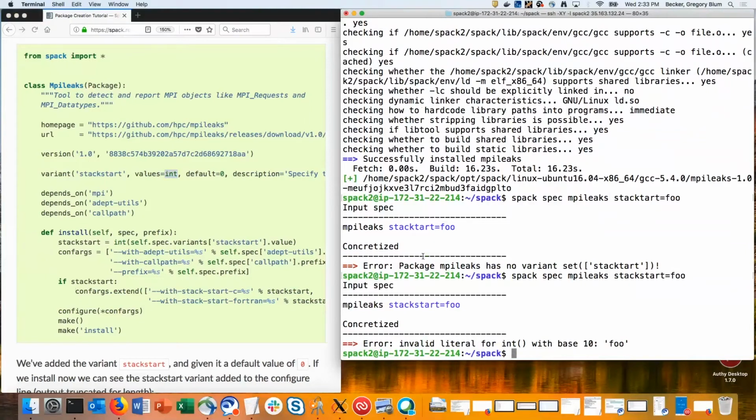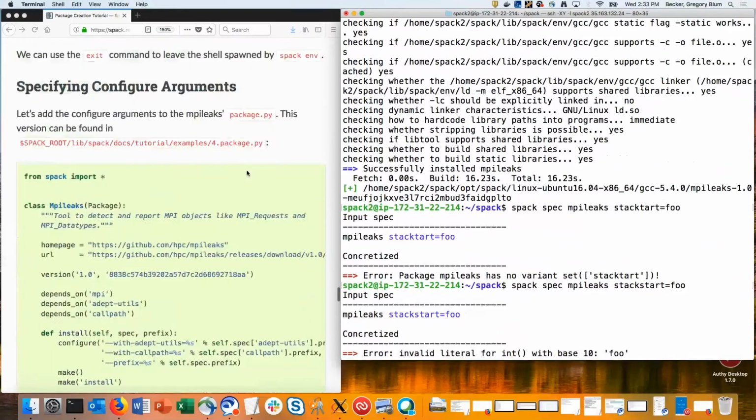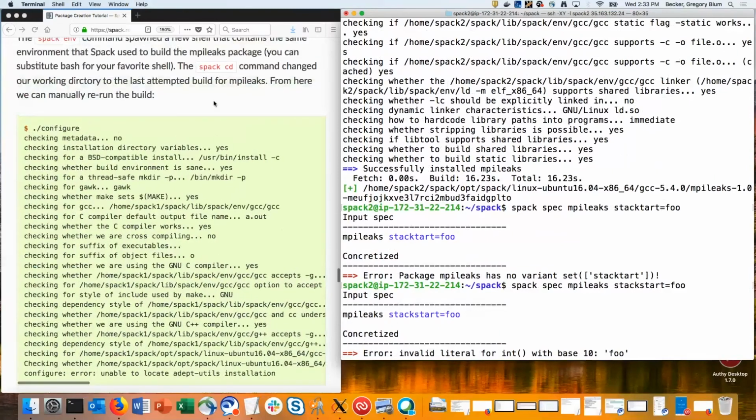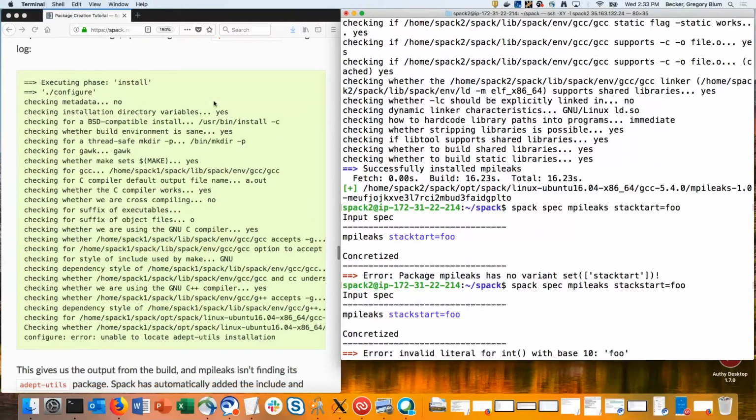But then if it actually errors during the install method, we'll get an error like this. Right, we saw this earlier. It called configure, something happened,